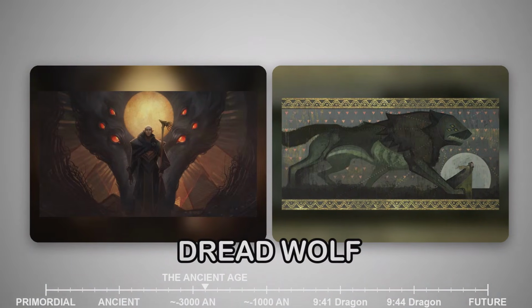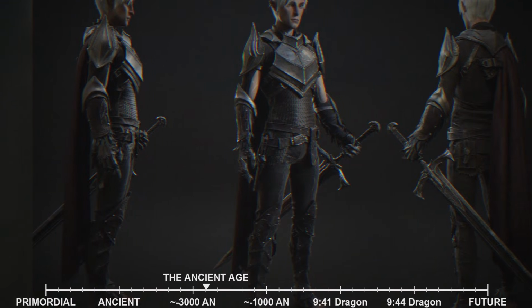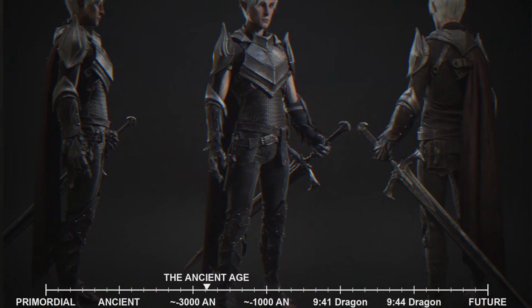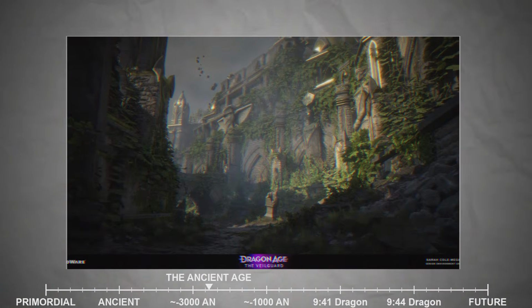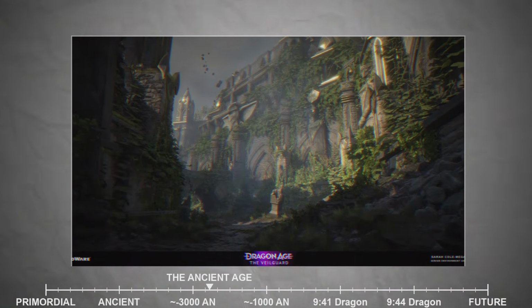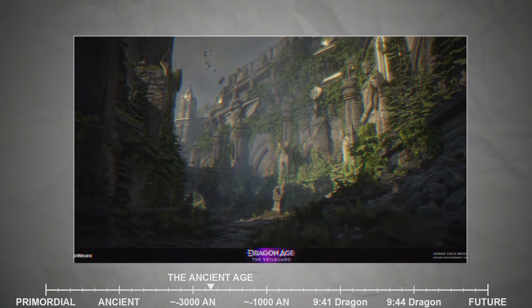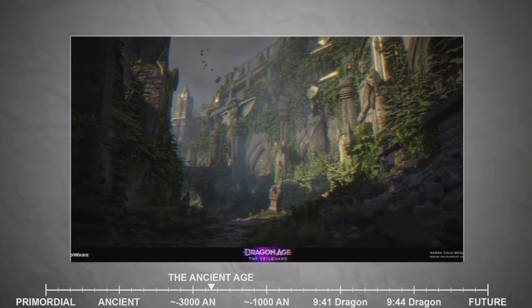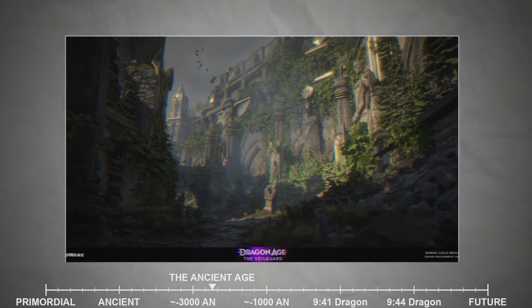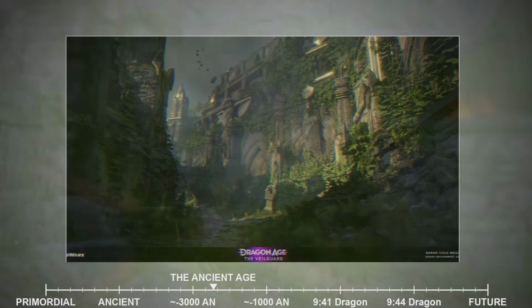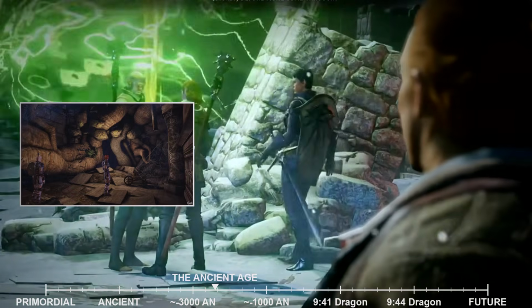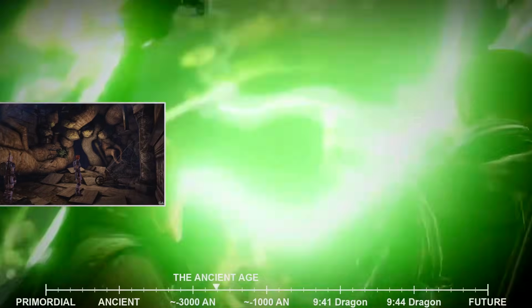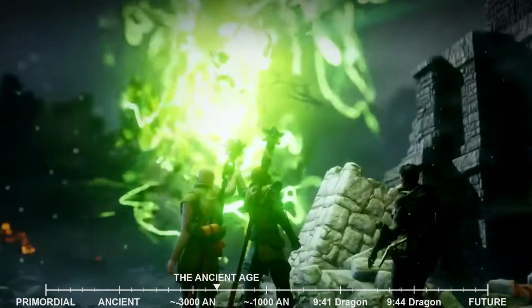In the chaos and confusion, the elven people fracture. Without the Evanurus to rule them, without the structure of their empire to guide them, they scatter. Some try to rebuild, to salvage what they can from the ruins of Arlathan. Others flee into the wilderness, hoping to find safety away from the collapsing cities. Still others simply give up, overwhelmed by the magnitude of the change. The unity that once defined Elvenon is gone. The elves are no longer a single people with a single purpose. They are survivors, struggling to adapt to a world that has fundamentally changed.